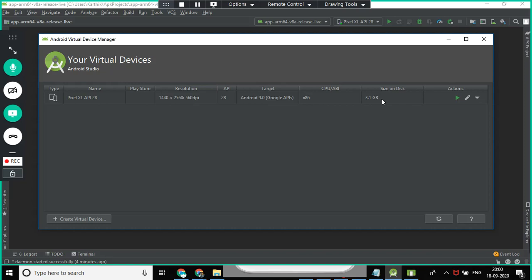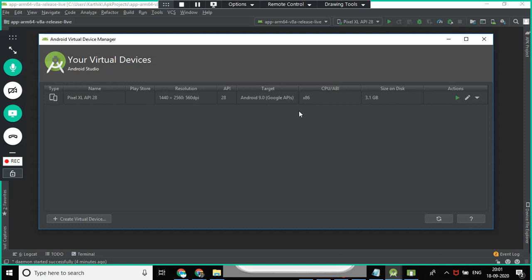Sir, I tried, my RAM is 6 GB, but my system got hanged. It was not moving, it totally hanged.